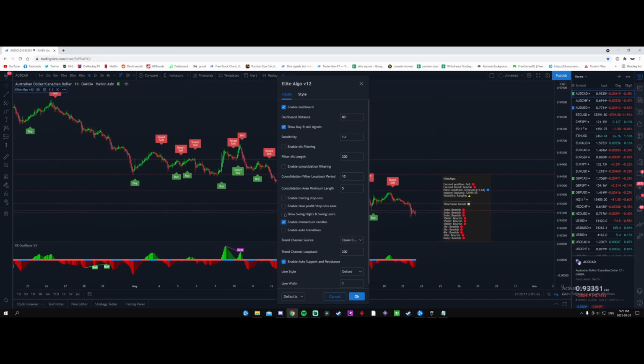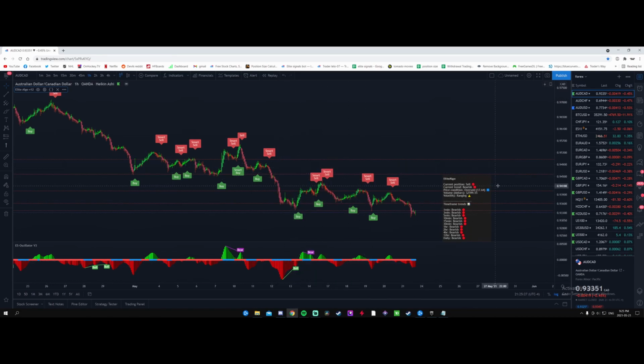Even your swing highs, swing lows, this will help you set your stop losses if you want to use a different way of take profit and stop loss, right? You can use swing highs and swing lows as your stop loss and take profit. What I personally like to use, I like to use the momentum candles and the support and resistance, guys. Very, very important. So as you can see right here,